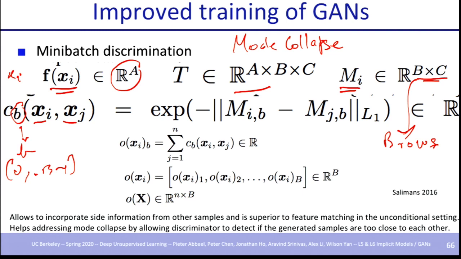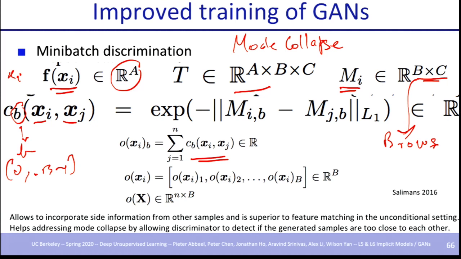And you basically do this for every single sample in your mini-batch, right? So you have a mini-batch, and j is just one other sample. With respect to i, you can do this for every single sample in your mini-batch, and you add all those values, or add all those distances. And that gives you a metric of how differentiated the particular sample i is for the corresponding feature vector b, indexed as b in your matrix.